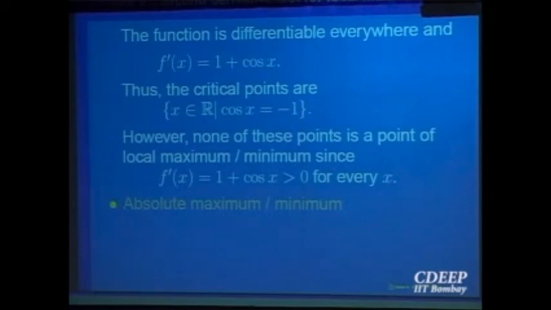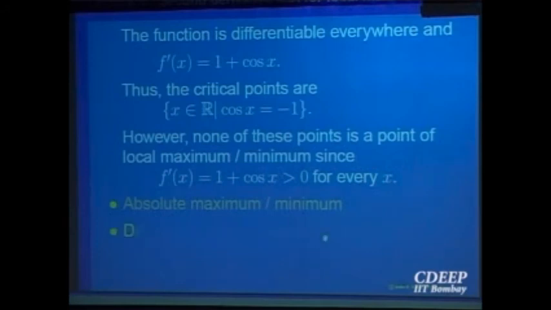But you have to justify first that the function has a global maximum and a global minimum. It may not have one at all. So there the continuity test sometimes helps. If the function is continuous on a closed bounded interval, then you are assured that there is a point of global maximum and a point of global minimum. How to find them? Then you can go to these tests and so on.